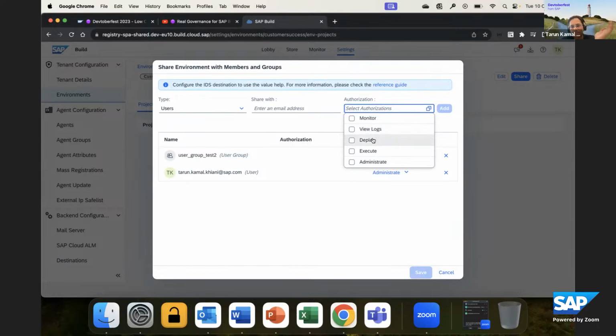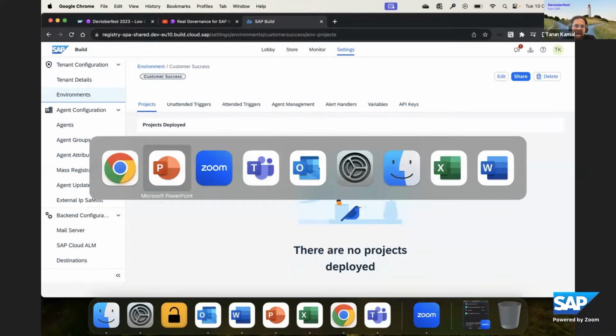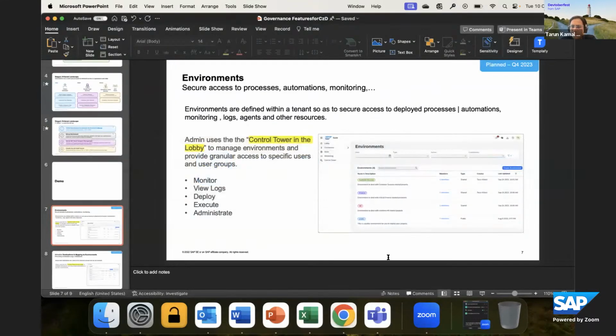You could look at who can deploy and undeploy into the space, as well as who has execute rights on it, right? So think of it as fine granular permission for a group of processes or automations deployed into it. So this is what we would be introducing very shortly.